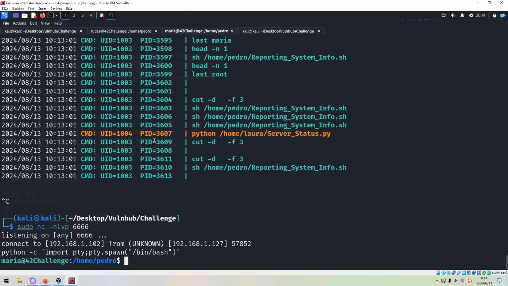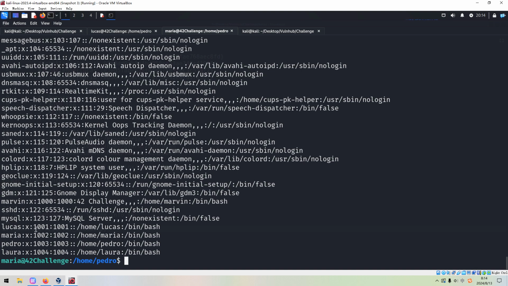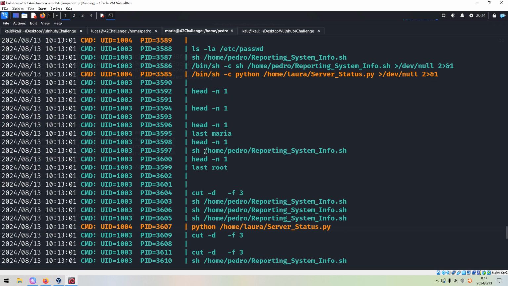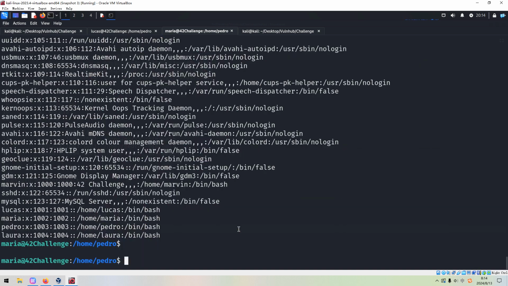So now we need to check whether we have permission. So we can cat out the password file. So I think 1003 is user Pedro. And next we need to check the permission for this shell script to see whether we have permission to manipulate.